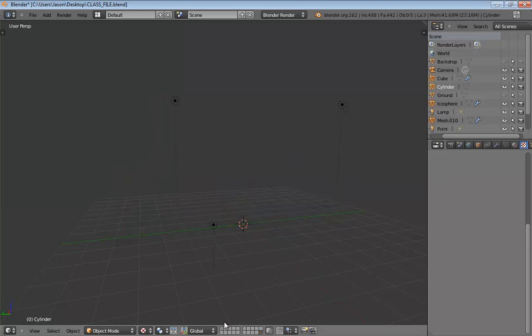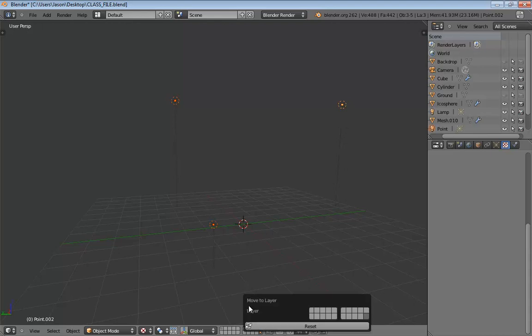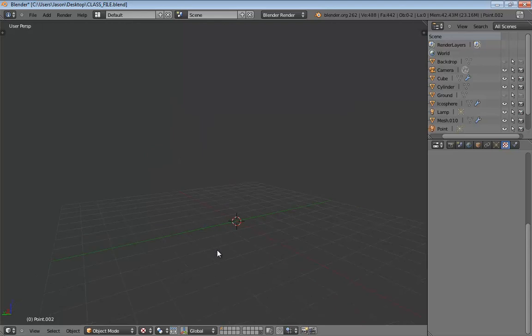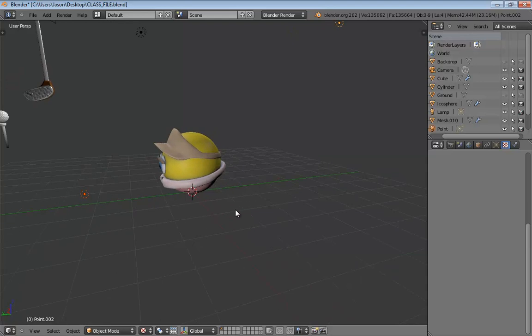Just because that seems to make things a lot easier on everybody. And let's see, what else is left over here? Just these lights, I think, which I'll end up throwing away. They were just convenient while I was working and texturing. So there we go, and now we can just jump back over to this layer. It still says there's something over here. That's what that little gray dot designates, that there's something hiding over here, and right now I don't much care. So, my objects are still animated even though they are in a different layer. If they have animation on them, they're still going to be moving around.